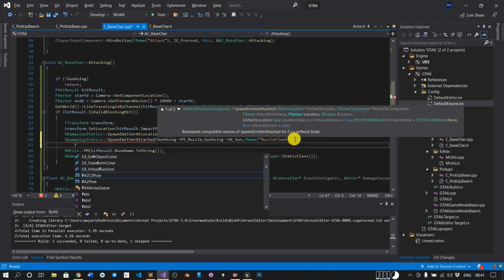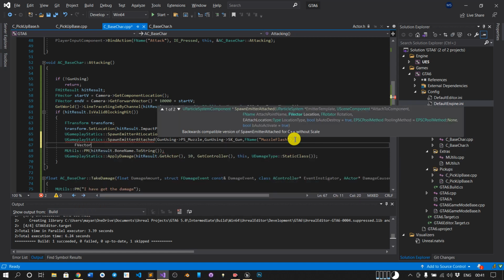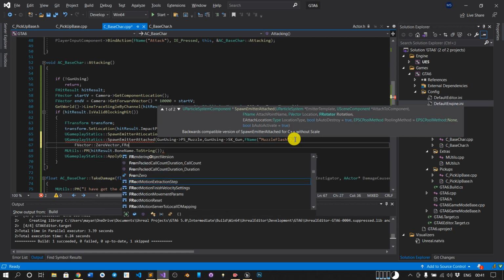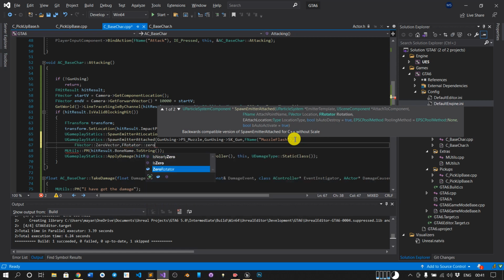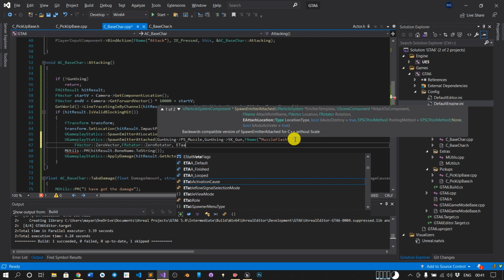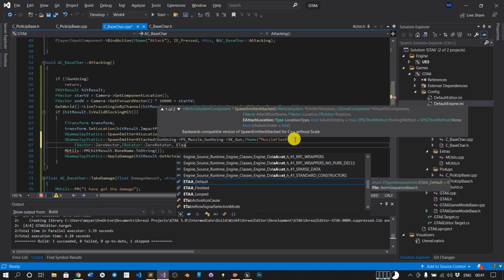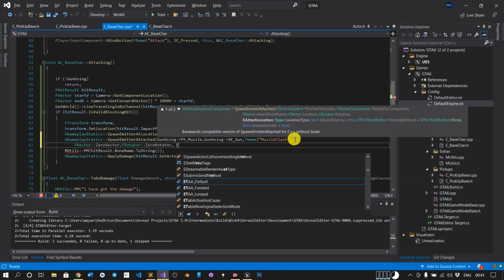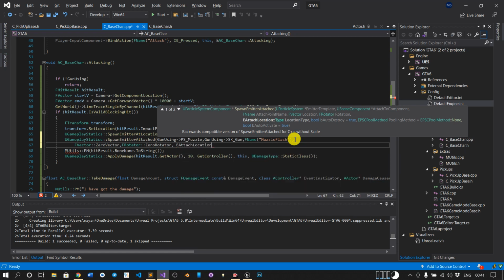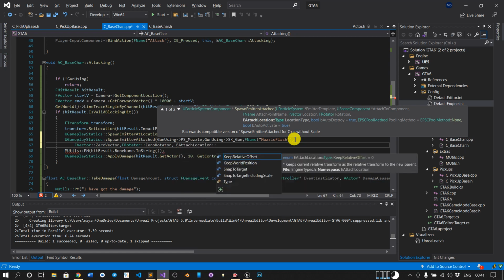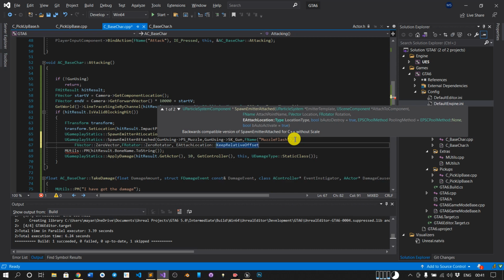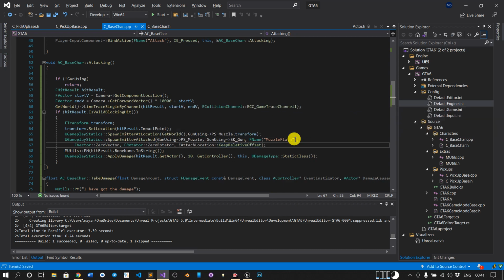So for that, FVector zero vector, FRotator zero rotator, comma, we want to attach it: EAttachLocation, KeepRelativeOffset. Let's close this function and let's see if it is working.